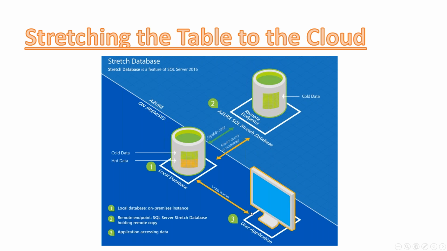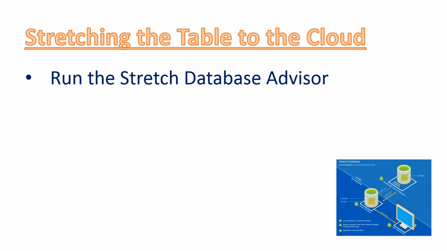Okay, so we don't need to change any code. As far as our application is concerned, we have a single table, and it's all local, and we can retrieve data from the table, whether it's hot or cold data. And if it's cold data, SQL Server will go behind the scenes, grab the data from Azure, from the cloud, and bring it to us. Of course, we're going to have some more latency in this case, but the idea is that we do it just once in a while. As long as we query the hot data, it comes from our local on-premise server, so it's going to be with better performance.